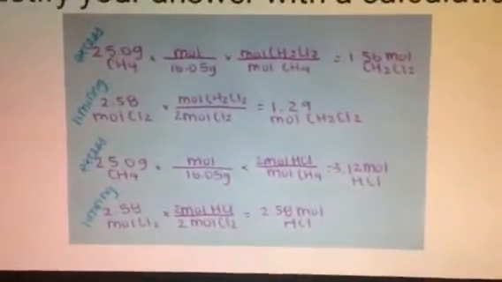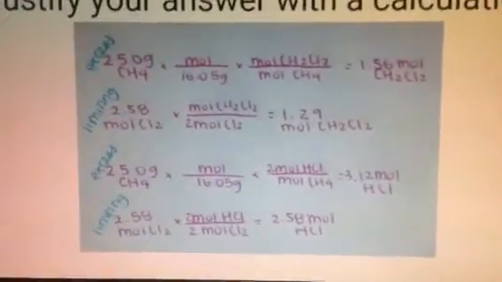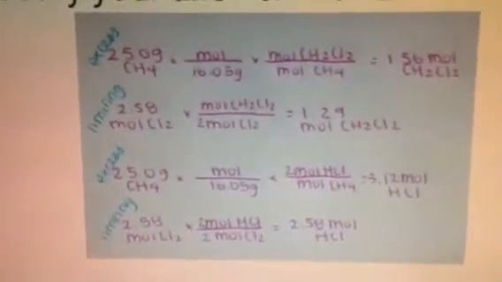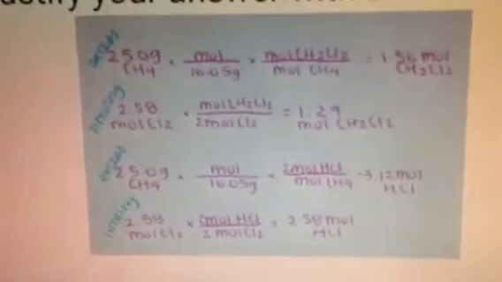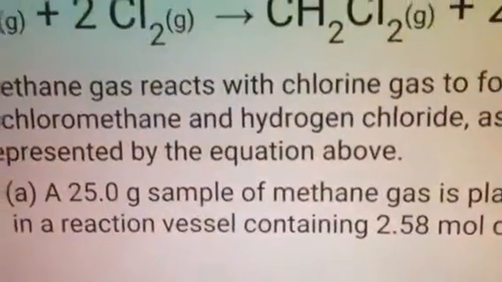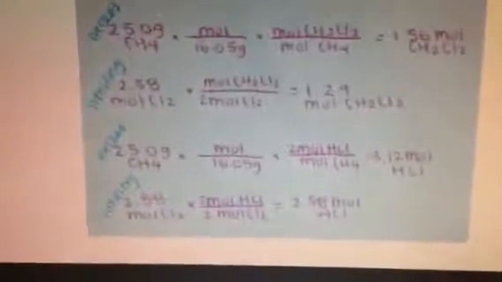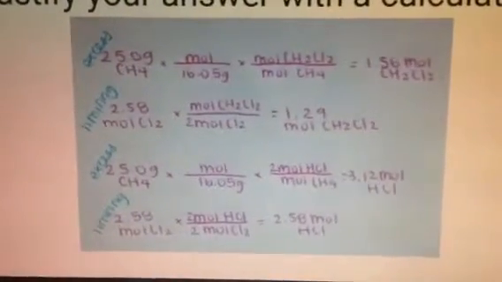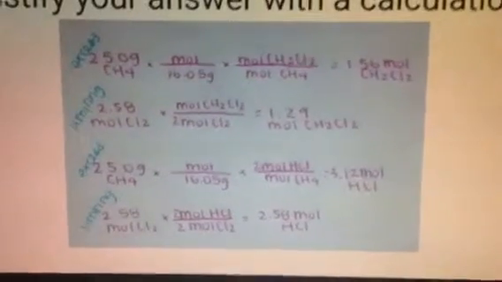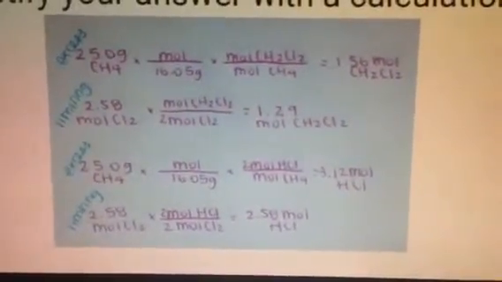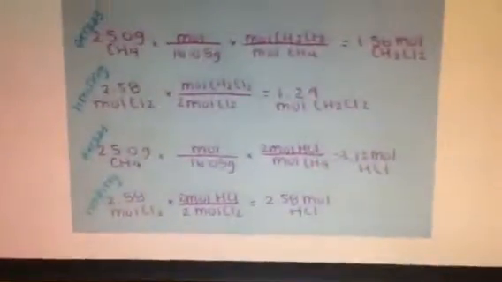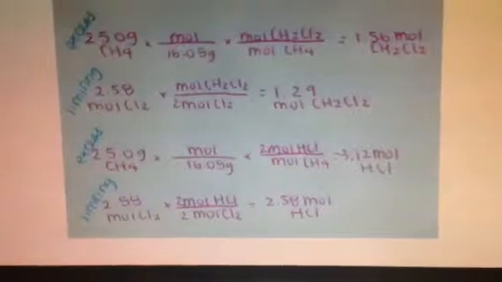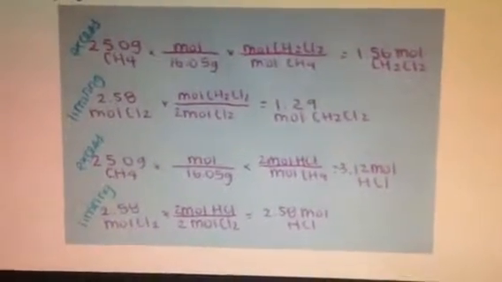So we use limiting reactant stoichiometry, and I did it for both of the products to justify and verify my answer. I started with 25 grams of CH4 and divided it by its molar mass, which is 16.05 grams, to convert it to moles. And to convert it to CH2Cl2, we use its molar ratio, which is 1:1, and we get 1.56 moles of CH2Cl2. Then we have 2.58 moles of Cl2, and we use its molar ratio to convert it to CH2Cl2, which is 1:2 from the equation. We get 1.29 moles of CH2Cl2. Obviously 1.29 is smaller than 1.56, so therefore chlorine would be the limiting reactant because it would be used up